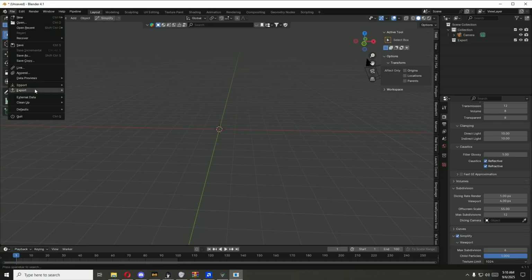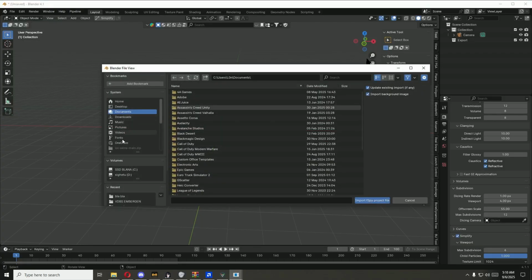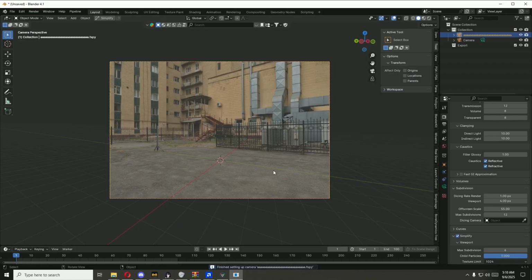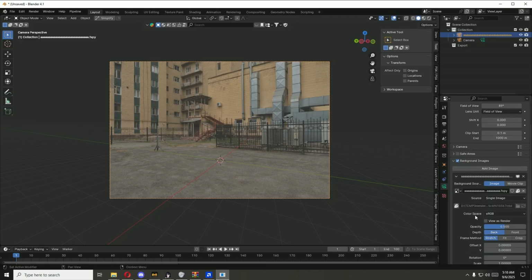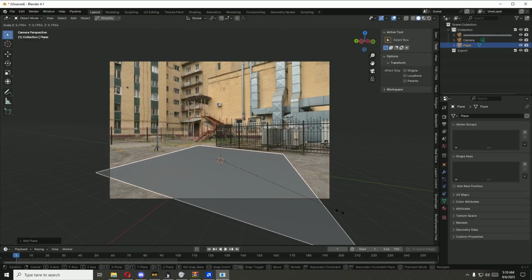Go here. You will need an add-on for Blender as well. These are extremely easy to install, fSpy and this one. You can just go on YouTube, search fSpy Blender, and there it is. You import the fSpy file, okay? It's mega easy, I showed you. Go here, background images, increase the opacity, Shift A, plane, increase the size of this,